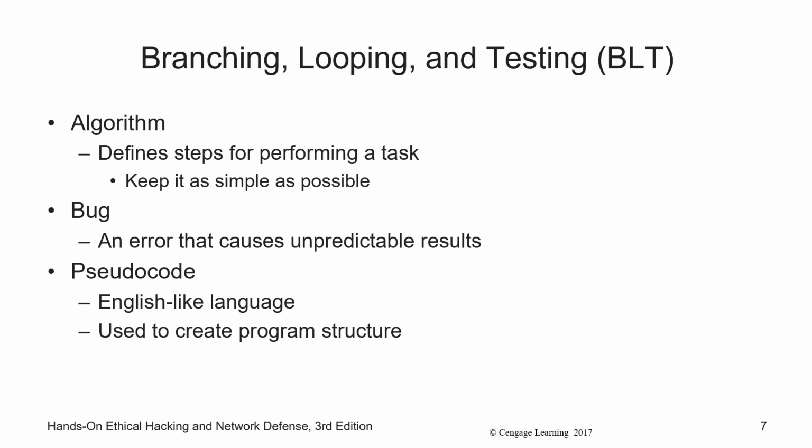Branching, looping, and testing. So what is an algorithm? An algorithm is the steps involved in doing something. Making a sandwich. Okay. Get out the bread. Take the twist tie off the bread. Unravel the plastic. Take 2 slices of bread out. Take a plate out. Set it on the counter. Set 2 slices of bread on the counter. If the bread is rye and the meat is, whatever, turkey, use mustard. Place mustard on bread. Else, if the bread is white and the meat is bologna, place mayonnaise on the bread. That's an algorithm. It's a series of steps.